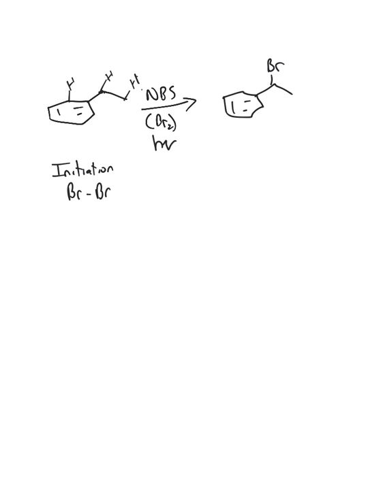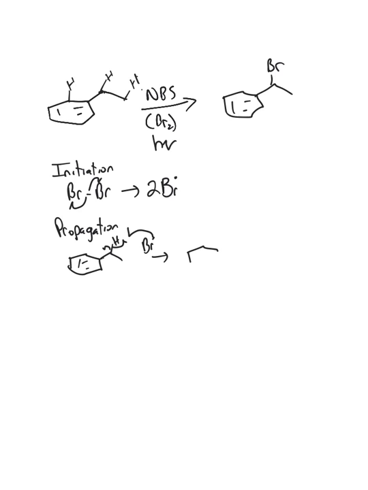where we'll start from Br2 just to make the mechanism easier. In the initiation, we form the bromine free radical, and then we need to propagate the reaction. There will be 2 propagation steps at least that we'll need to draw. In the first one, an equivalent of bromine free radical will abstract a hydrogen off of the benzylic carbon to give us our